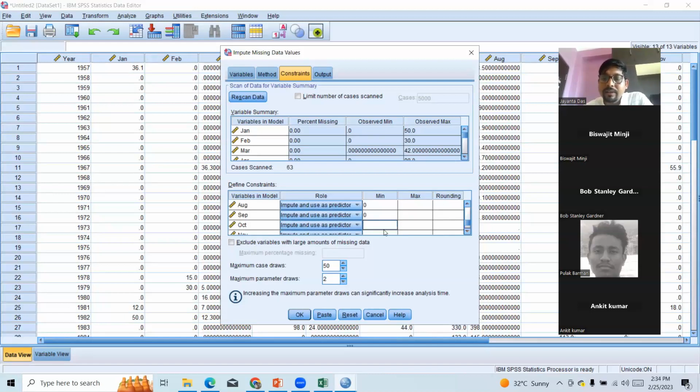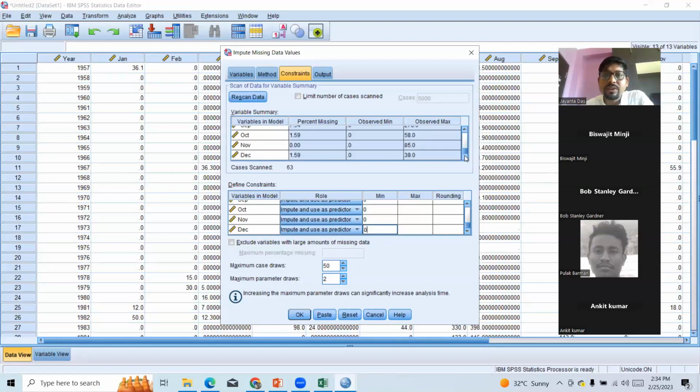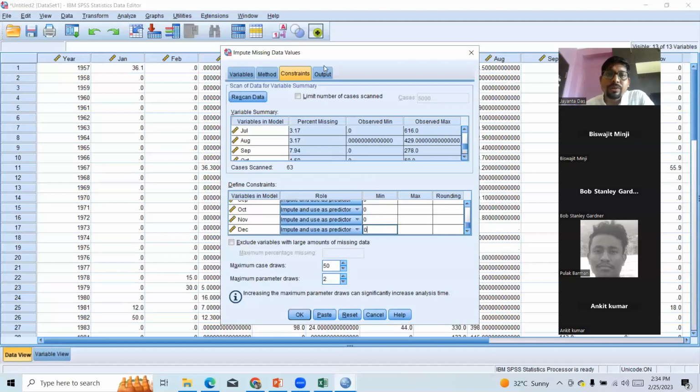You can do another thing. Instead of 0, you can check observed mean. Suppose January, February, March, minimum value 0, 0, 0. June also 0. All are 0, so no issue. We can use it. If in case of March the minimum value is 10, then you can assign 10 here. Okay. Now output,